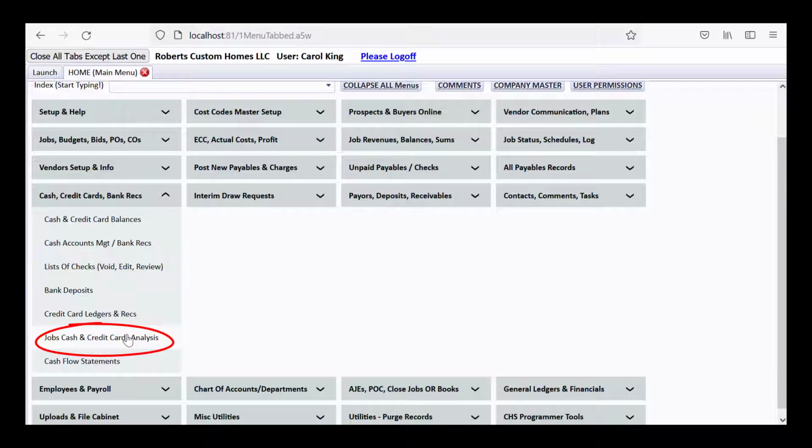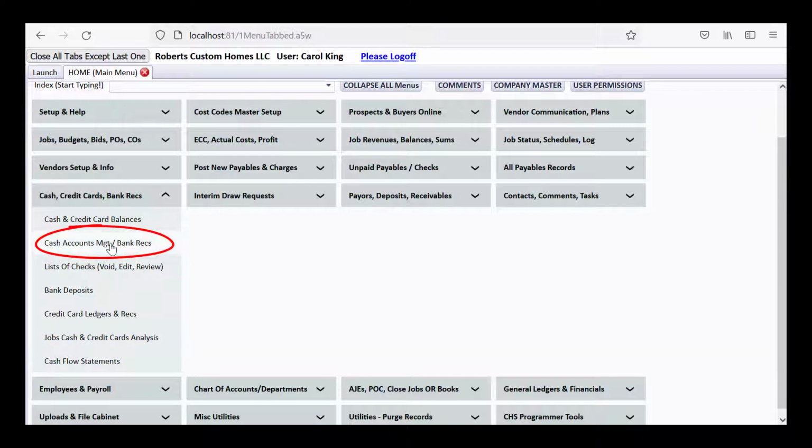Now we've looked at that quite a bit, how CHS is so good about tracking cash by job, but we'll see if we get to that in this. And we do talk in the financial seminar lessons coming up about cash flow statements that you can get under the financial statement section. So we'll focus in on bank recs, voiding and editing and reviewing, and taking a little bit of a look at the detail behind checks.